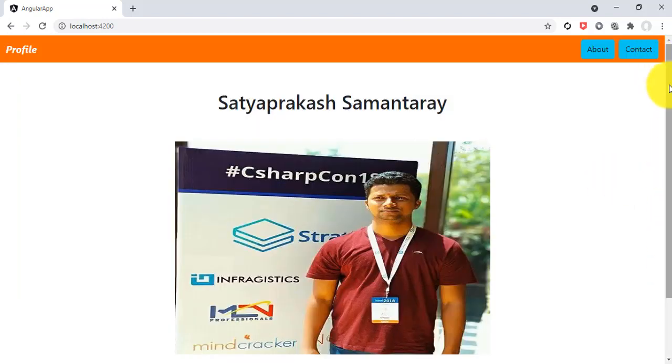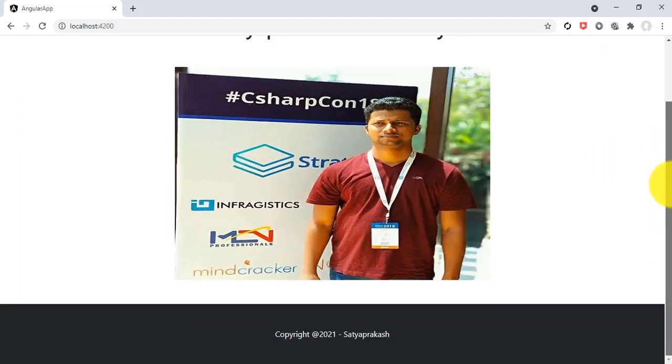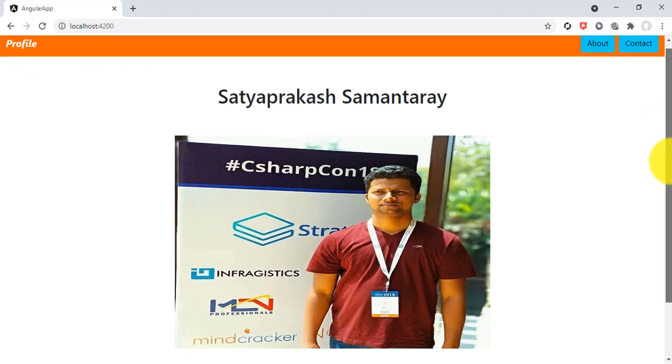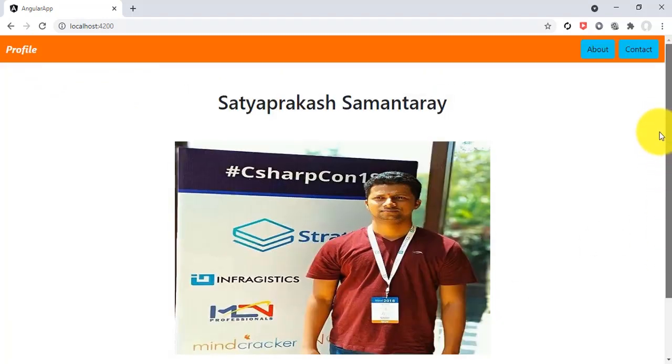Now it is our fully developed Angular application. It is a kind of real-time application, how to add your own profile with about, contact, and profile pages, and add this image with this footer section. So that's all about how to add these components and use them for routing purposes.